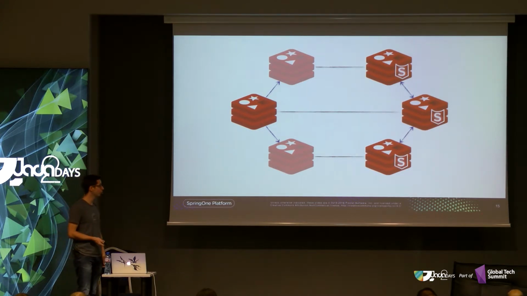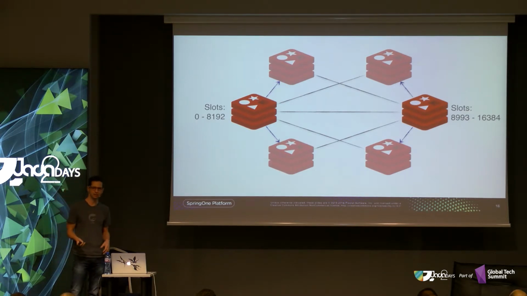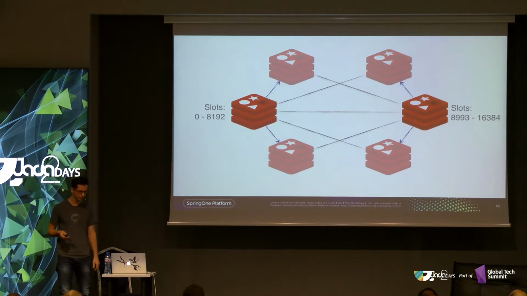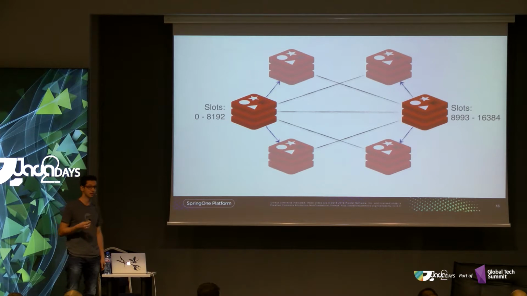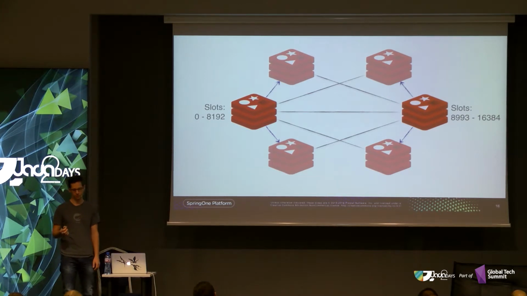And with Redis 3, something new came, and this was the cluster. What cluster does, it doesn't have any dedicated sentinels, but all nodes of the cluster know each other more or less, and they talk to each other constantly. And what it also does, it partitions your data by default. So what does this mean? A cluster consists of